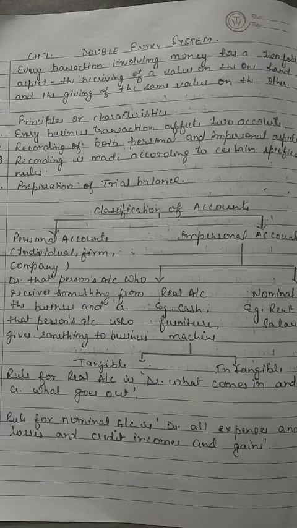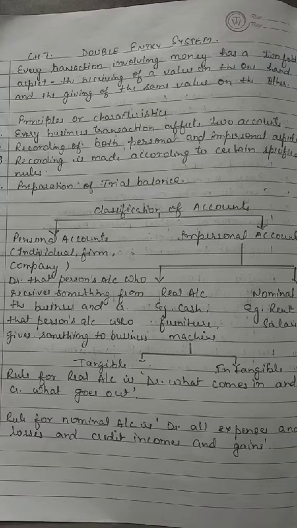Now we move ahead to the definition. Every business transaction has a twofold effect, that is, it affects two accounts in opposite direction. If a complete record were to be made of each transaction, it would necessarily be to debit one account and credit the other. It is this recording of the twofold effect of every transaction that has given rise to the term double entry system. Now we move ahead to the principles of double entry system.